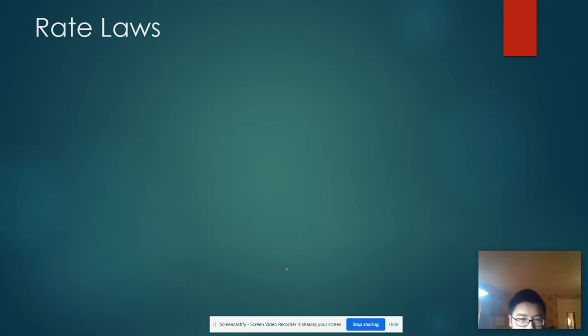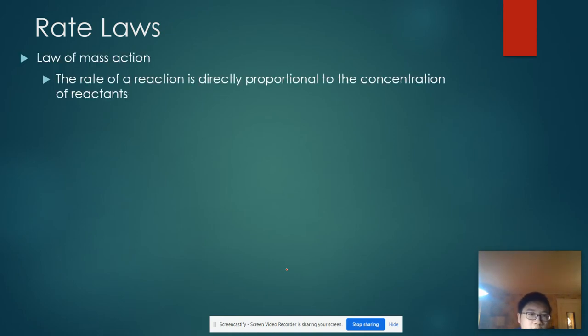Well, we have found the average rate of the reaction. Let's talk about rate laws now. Before we talk about rate laws, we need to know what the law of mass action is. The law of mass action tells you that the rate of the reaction is directly proportional to the concentration